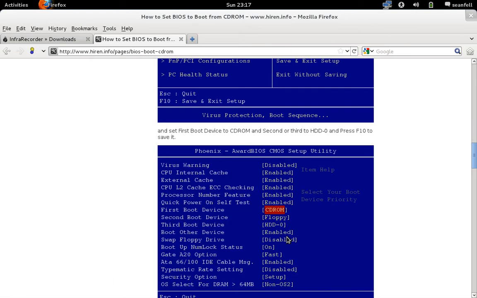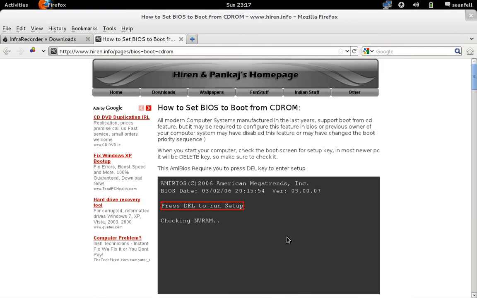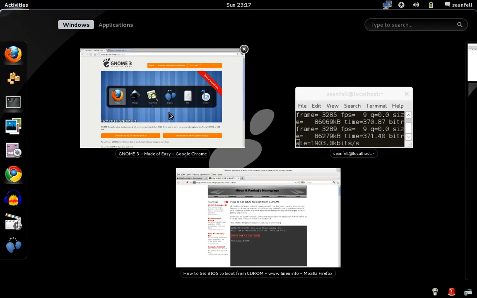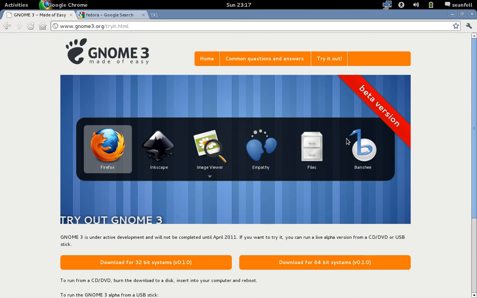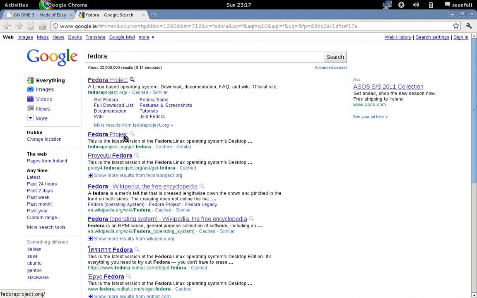Now, there's another way you can. If you go, say, back to that website again. Okay, as I said, it's just a live CD, so you can't install it. You can't do any harm to your computer. And again, if you want an installable one, I'm using the Fedora 15 Alpha 1 here. Go type in Fedora on Google, go to the Fedora project,